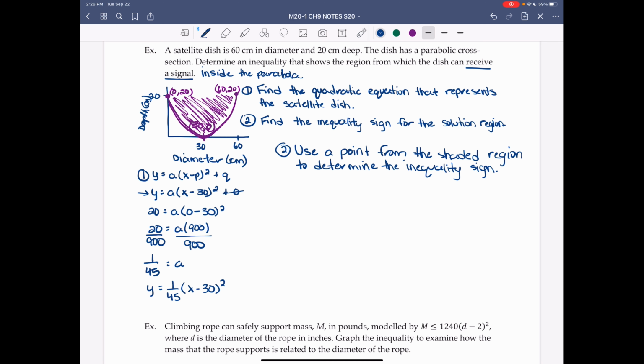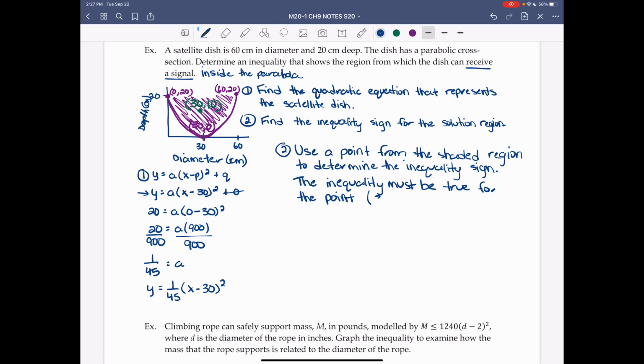So a point that is inside the shaded region, we could pick the point, if we go to 30 and go up halfway, so x equals 30, y equals 10. That is definitely inside the shaded region. I can write the statement, the inequality must be true for